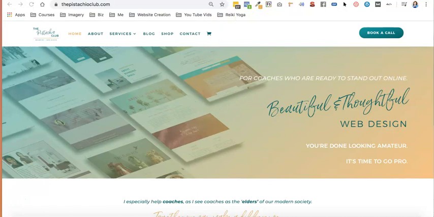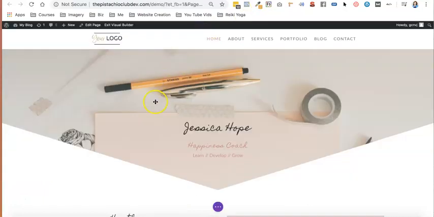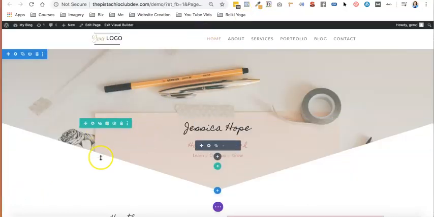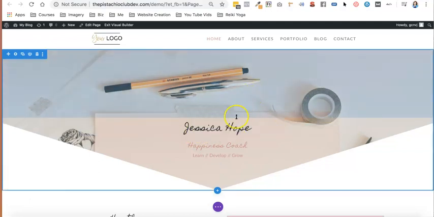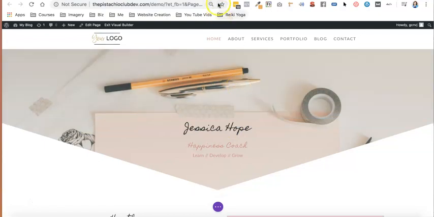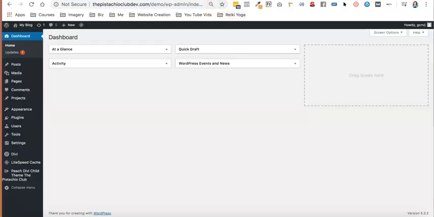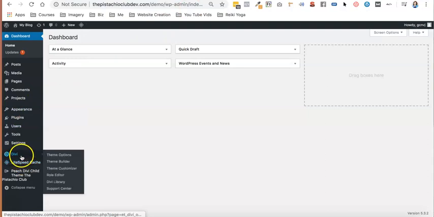So this is one of my demo sites here. This is actually a copy of one of my child themes that's available on my site. As you can see here, you might want to change this standard font into something a bit more bespoke, a bit different. So first of all, we'll just go into the dashboard and we'll come into the Divi theme